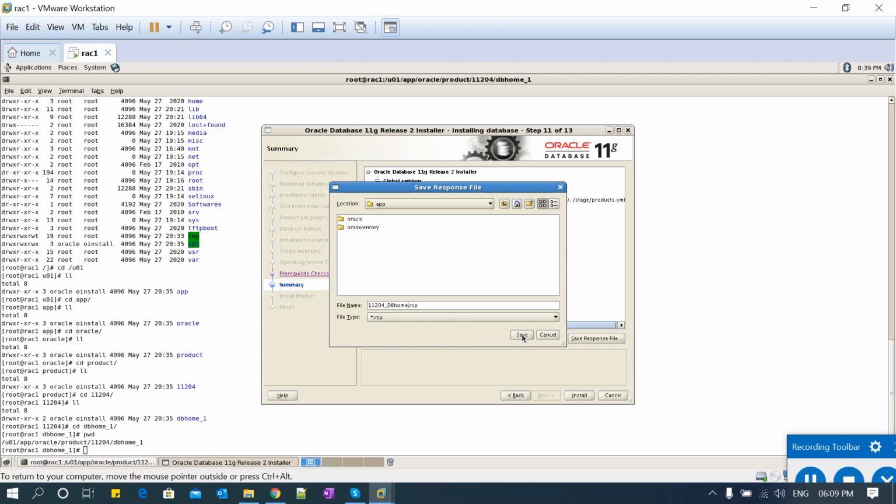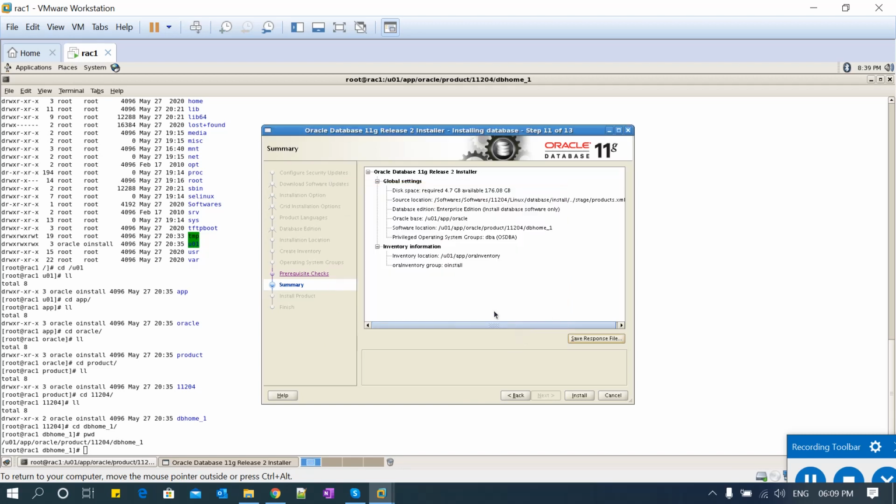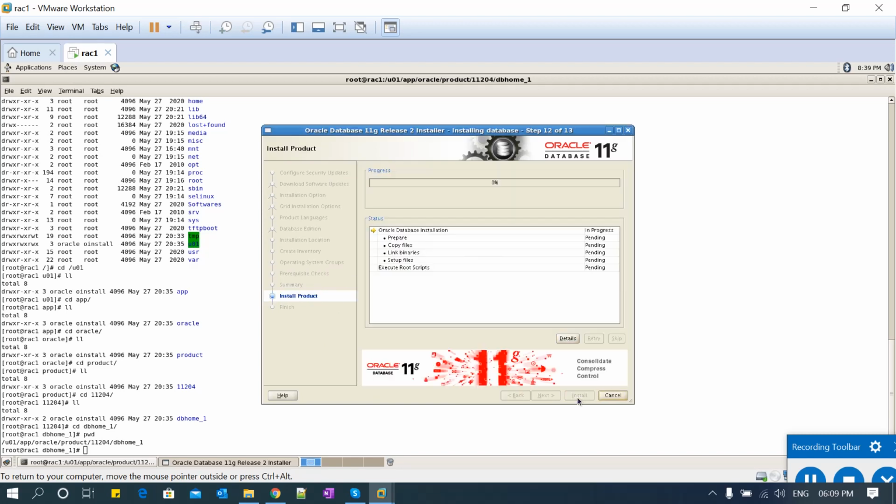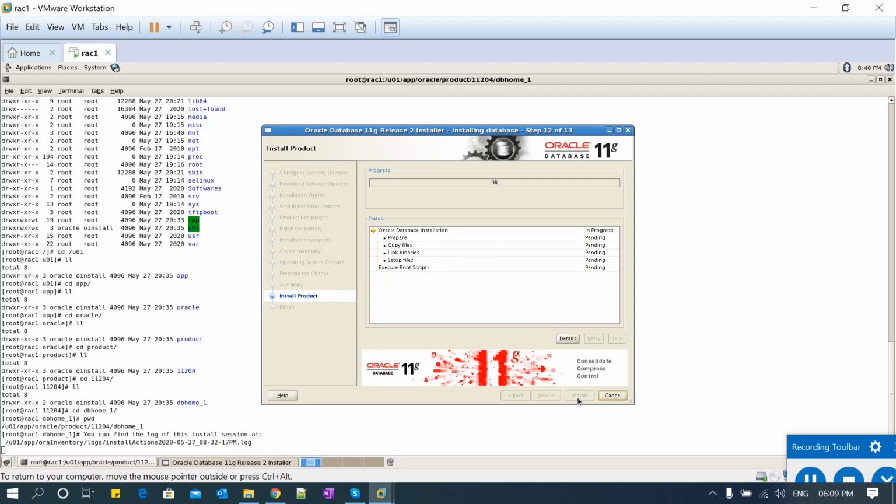Just saving this 11204 db response file and then proceeding with the installation. Now it will go through a sequence of steps: prepare, copy files, link libraries, setup, then execute root scripts. It will take a couple of minutes.